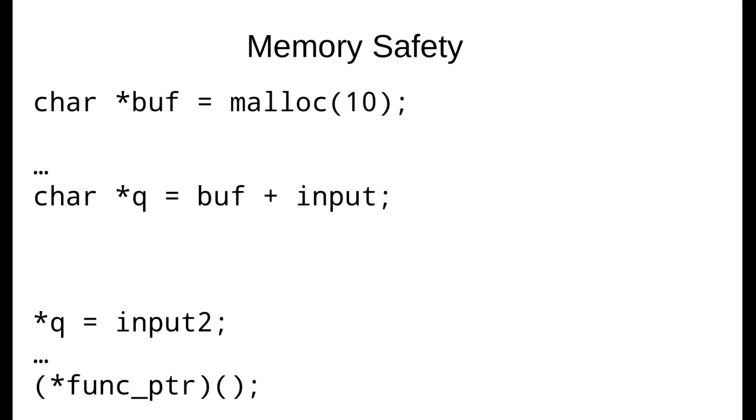So we've got a couple of lines of C code. We have a buffer that is allocated. We have our pointer Q again, which is from the motivating example, which is assigned the initial base address of the buffer plus some user-controlled input. SoftBound is a compiler-based transformation that adds additional checks in the background that are then executed at runtime.